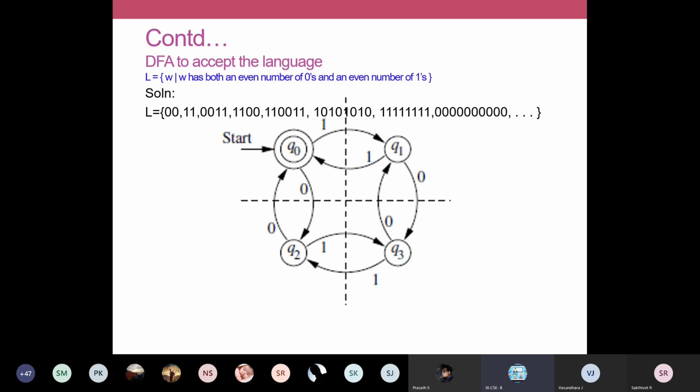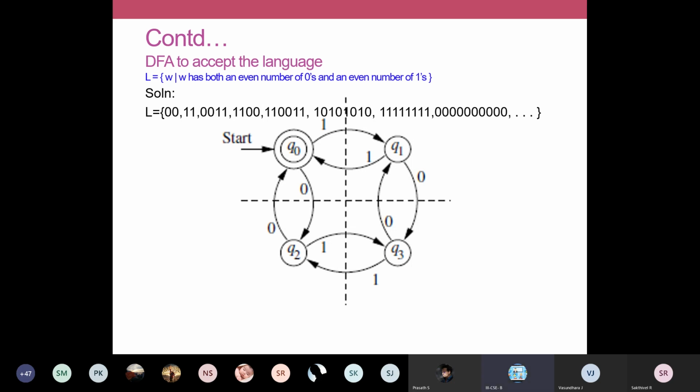Here I made Q0 the accepting state because our problem is that language L has both an even number of zeros and an even number of ones. If your problem has a statement like that, we'll make Q0 the accepting state. If the problem is to design a DFA for the set of all strings that have an odd number of zeros and an odd number of ones, I will just make Q3 the accepting state.